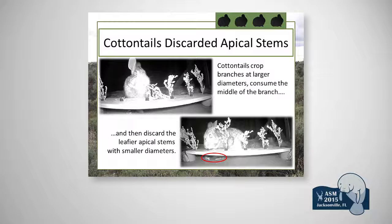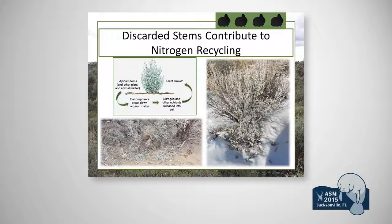We found that 100% of our cottontails cropped branches at larger diameters, consumed the middle of the branch, but then discarded the smaller diameter leafier apical stems, while 0% of our pygmy rabbits exhibited this behavior. These discarded apical stems, as well as fecal pellets deposited in foraging areas, may contribute to nitrogen recycling in the soil as they decompose, and may increase the growth rates of Wyoming big sagebrush and other perennial grasses that occur in the sagebrush steppe. So, in summary,